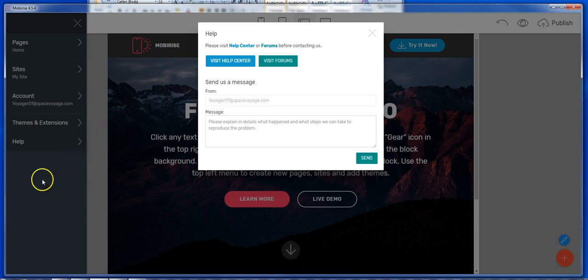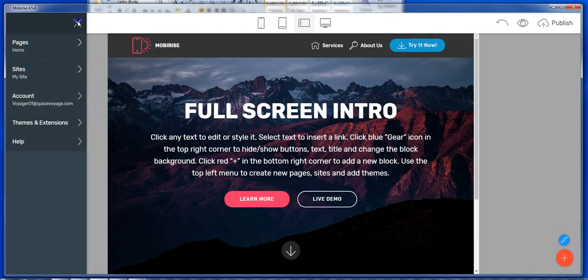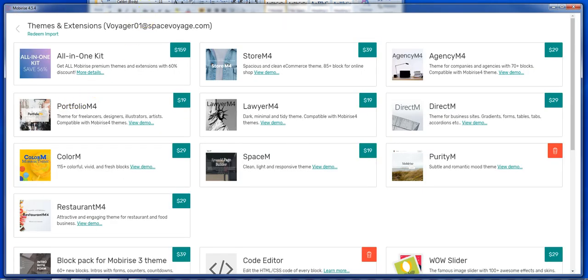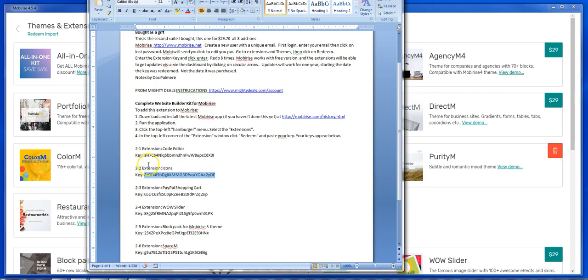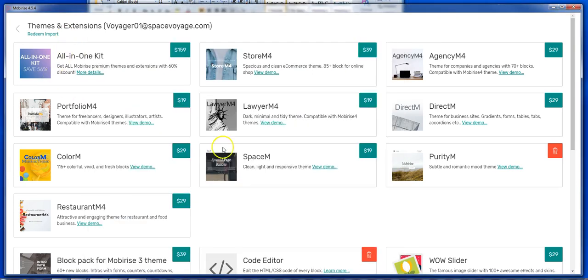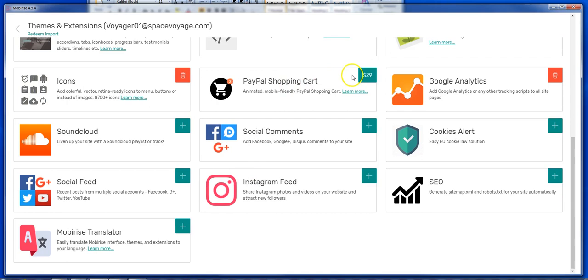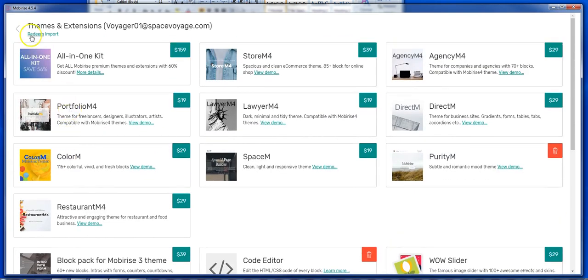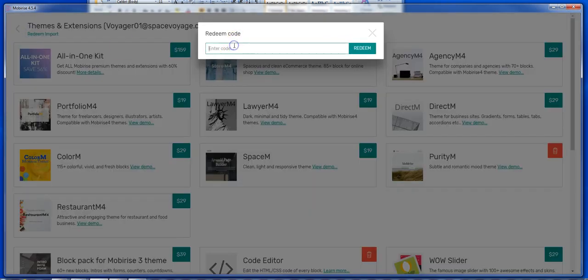So now what we're going to do is we're going to close this. We're going to go back, close this. We're going to go back to here. We're going to go to themes and extensions. We already did this one. Maybe we should, if we're clever, maybe we should indicate that we used it somehow. And now we'll do PayPal. Because it's brand new, I would tell you it might be useful to come down and just look. PayPal is not there. So if we redeem it, Control V,